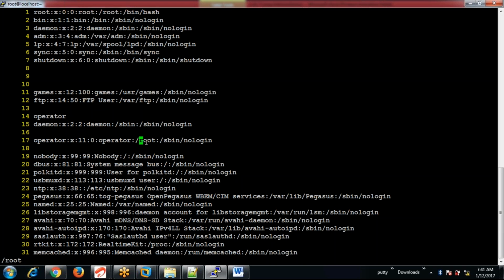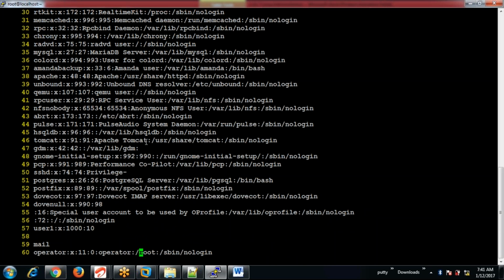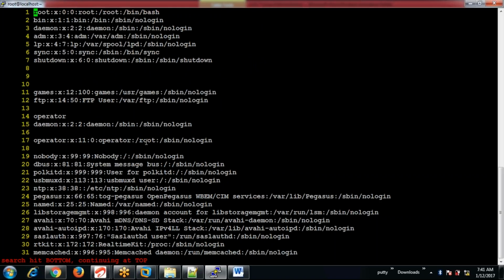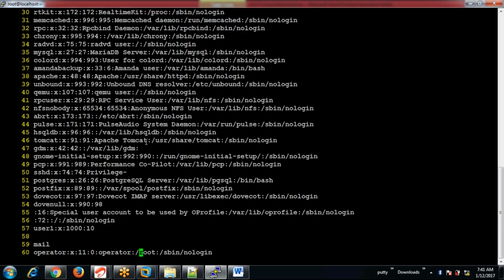To do the forward search, press N: line number 60, again line number 1 for the next search, and again line number 70. You can search this way.